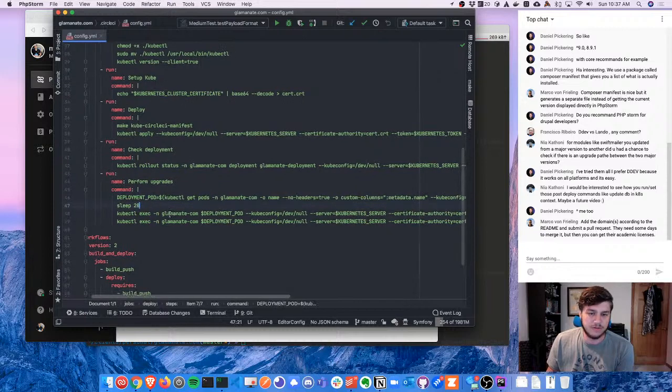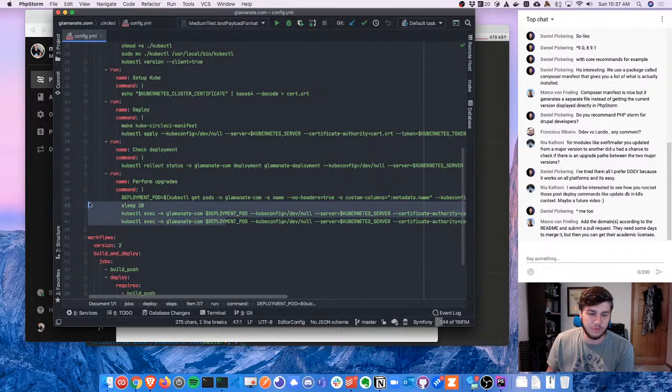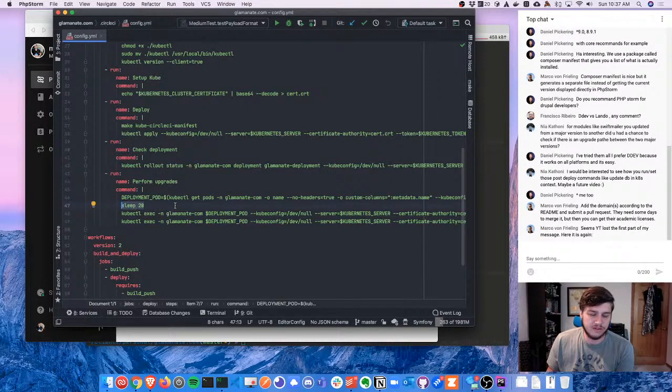And I use Redis for my caching, and this is where sometimes it gets weird when I create a new deployment. I have a sleep 20. This doesn't seem to make a difference, but I use